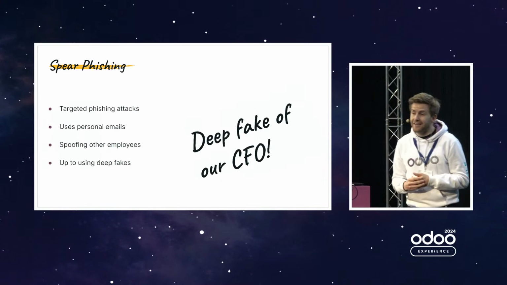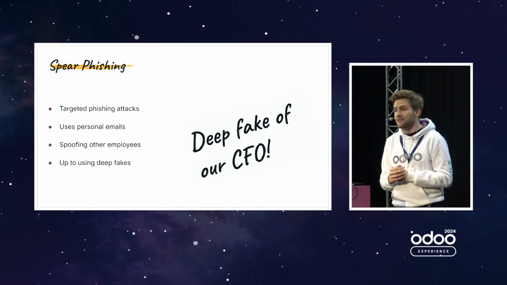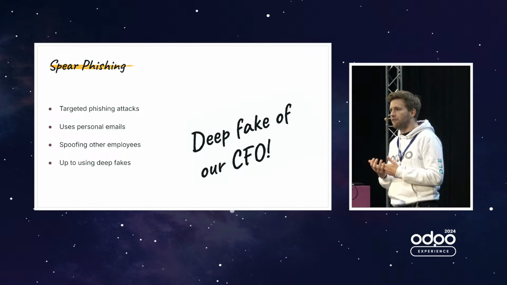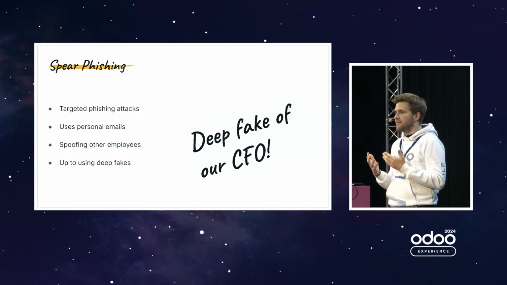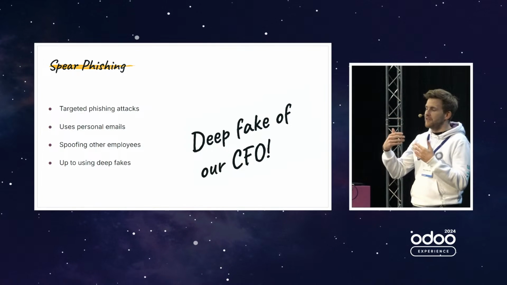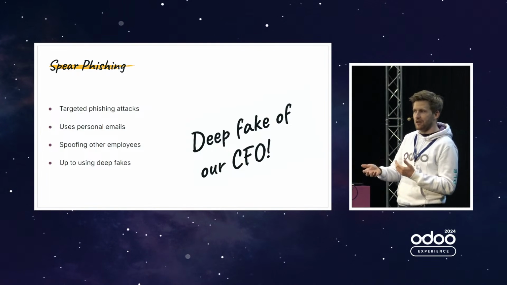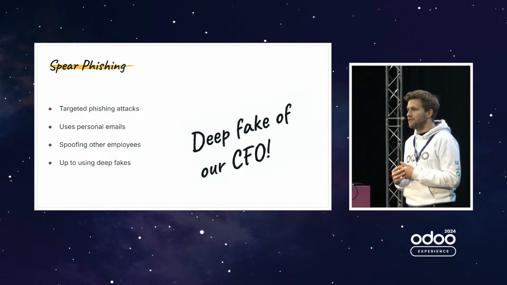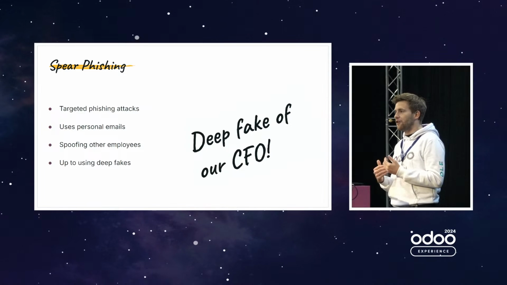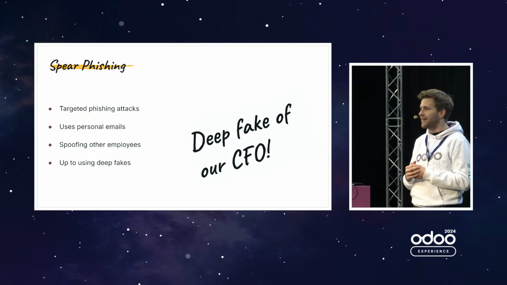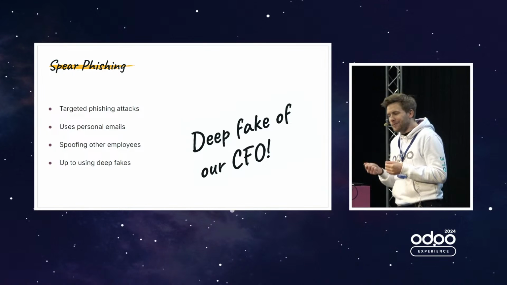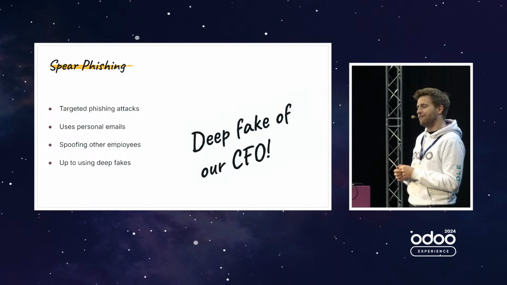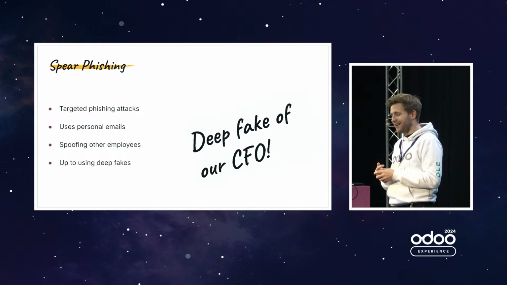What more sophisticated we had is an actual use of a deepfake. So an attacker video called one of our accountants, and they deepfaked our CFO. On the video, it looked like our CFO. The voice was our CFO. So everything looked like the CFO. And it was asking the accountant to transfer 1 million euros because Odoo was going to go public, so it was to create an IPO. And it had to be secret because no one can know that we are going public. And also, that employee in particular would get a raise after this going public, and everything.